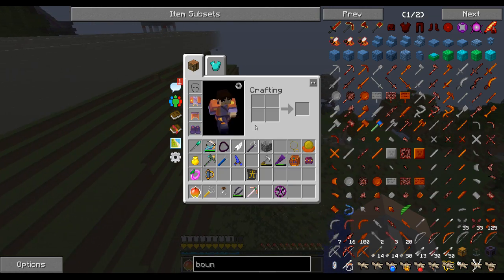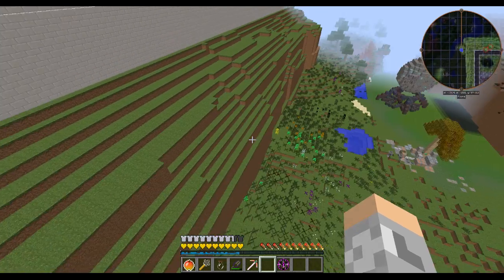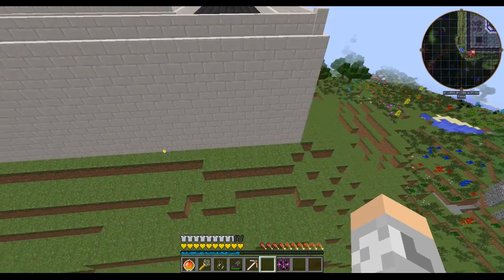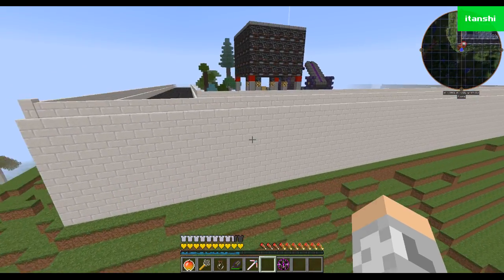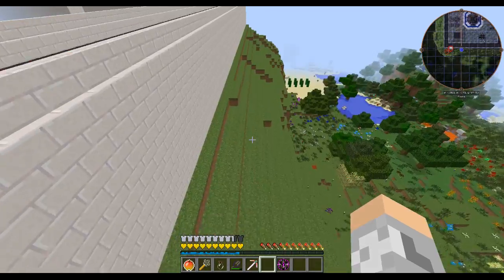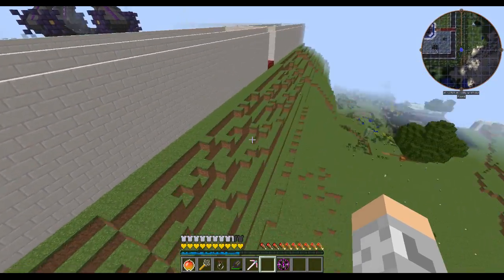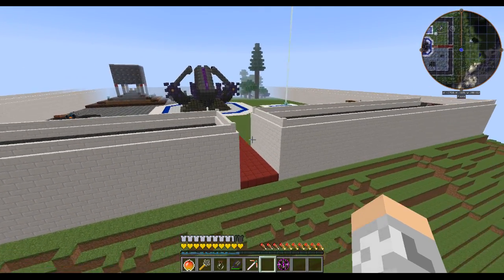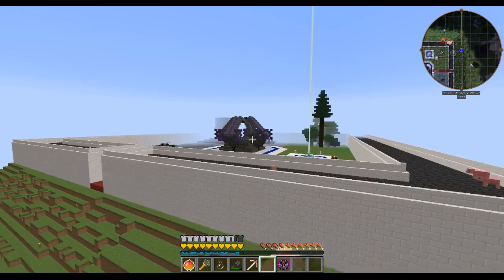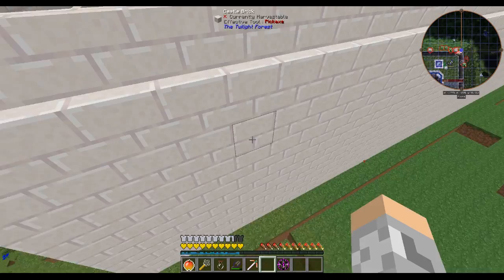I mostly used the Builder's Wand and at some point upgraded to the Super Builder's Wand to build this. The World Shaper's Looking Glass wasn't terribly useful, but fun to make. I do enjoy the Thaumcraft progression, and you can see in the distance there a Thaumcrafted Confusion Altar. So we have here Castle Brick from the Twilight Forest,